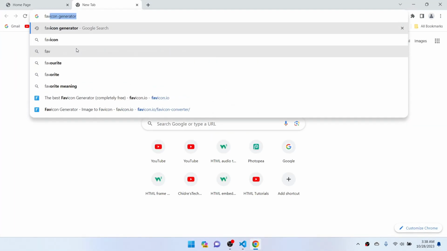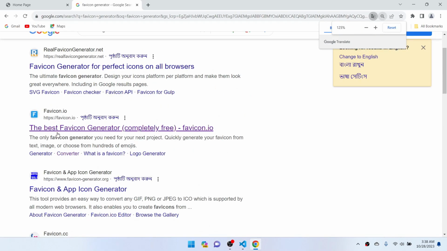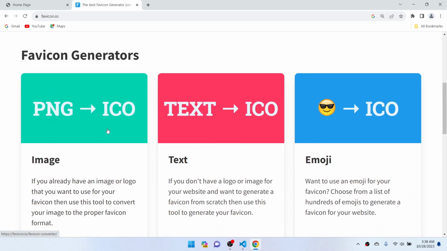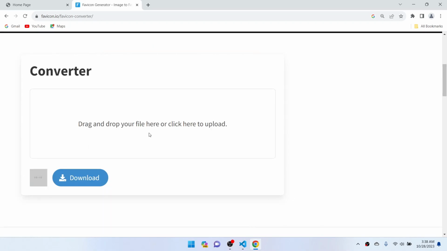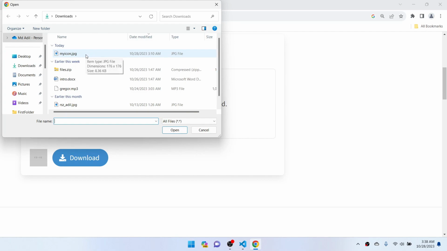Here write favicon generator, then hit enter. Open this link, which is favicon.io. In this website you will get an option which is PNG to ICO. Click on this link, then here you will get a converter. Click here, then select your image, which is